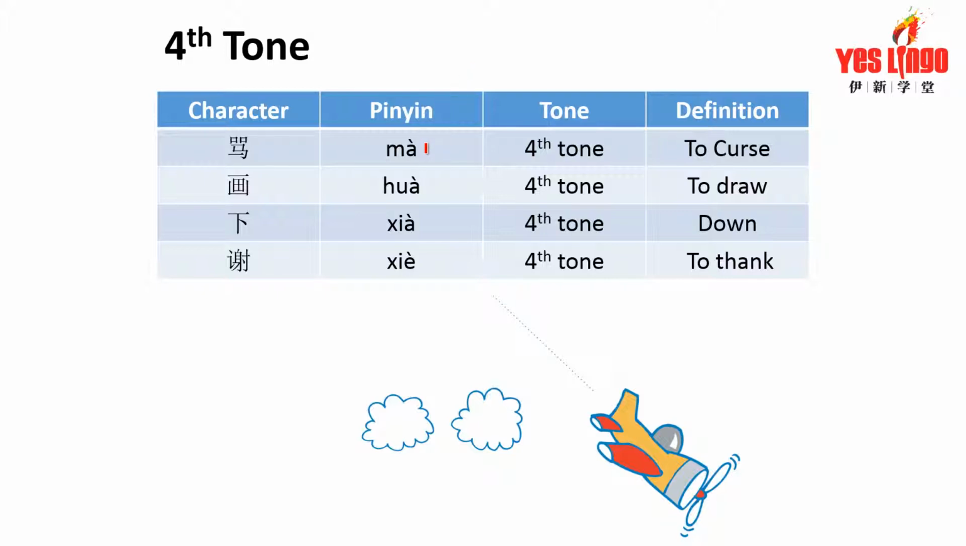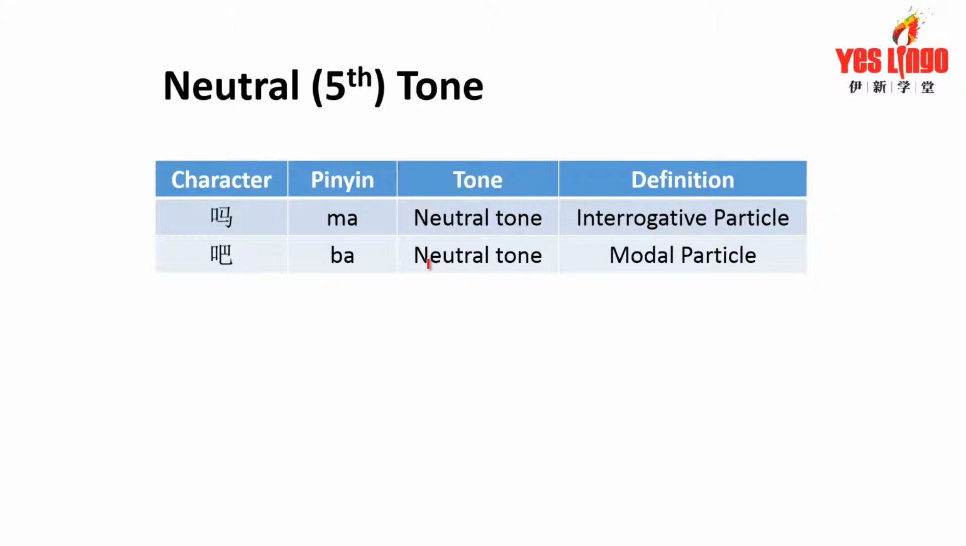Let's read them together. Ma, hua, xia, xie. Very good. Now for the fifth tone, it's a neutral tone, so it's unstressed and it's not represented by any symbol. So if you ever see a pinyin without any symbol over the vowel, it means that it's taking on the